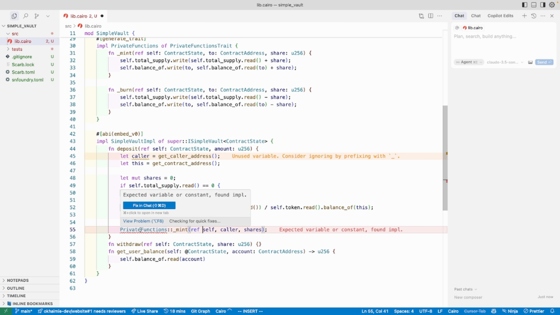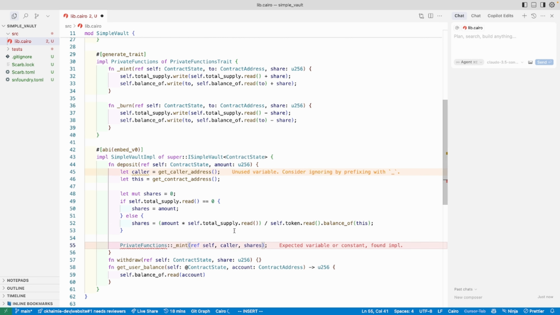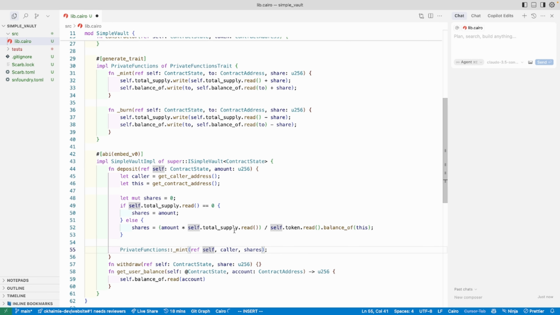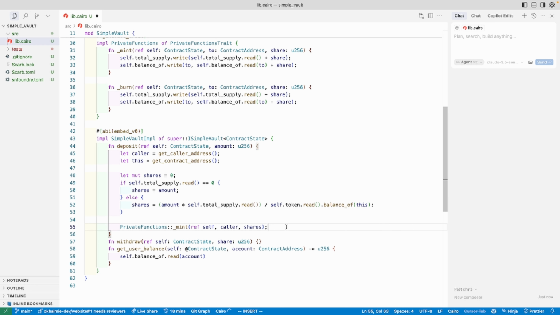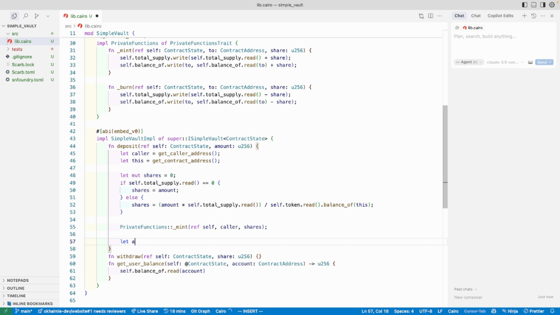See what's going on. Expected variable constant found implementation. See, is there anything wrong here? Okay, yeah, no, this is fine. Okay, so it was just my linter. So we just go again,